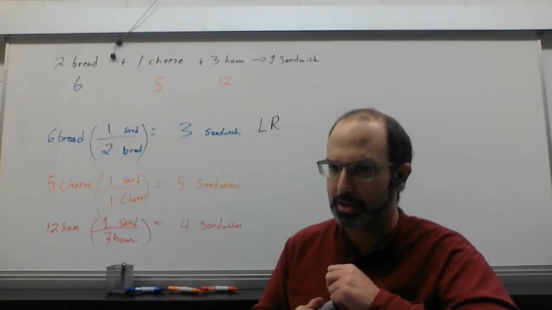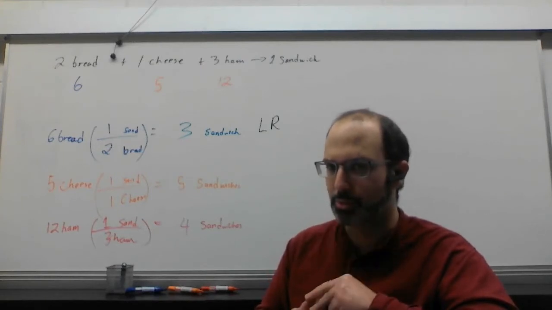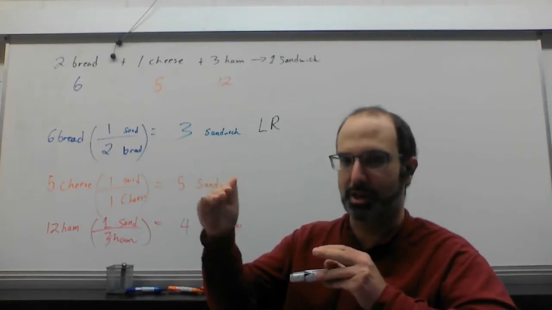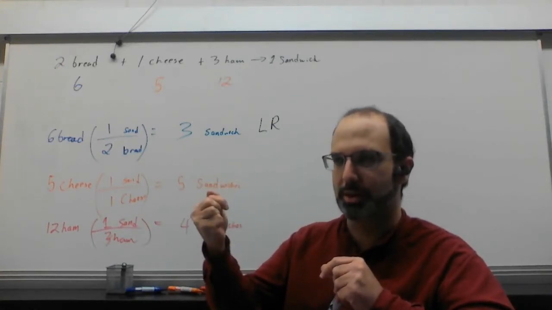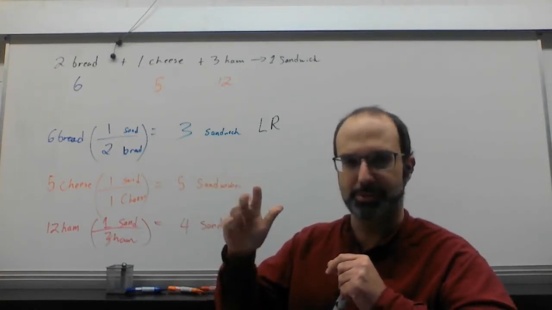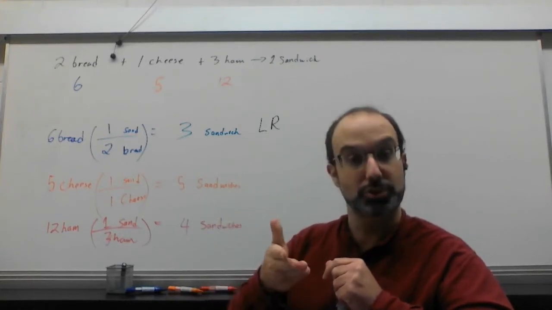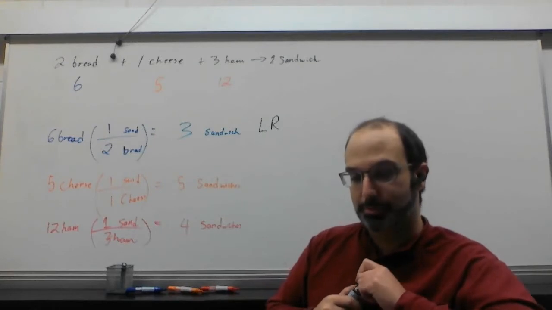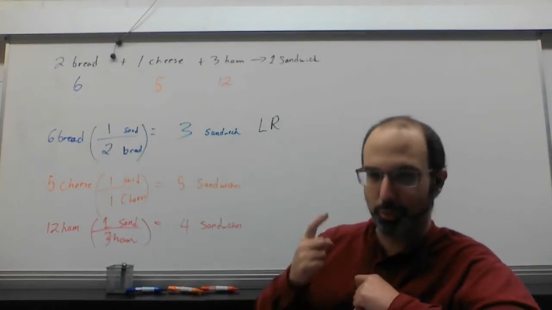Well, let's see. We had 5 pieces of cheese. We make 3 sandwiches, and then we have to stop. So how many pieces of cheese do we use up? Well, we used up 3. So 5 minus 3 is 2. So we have enough cheese left over for 2 more sandwiches, but we only have meat enough for 1 more